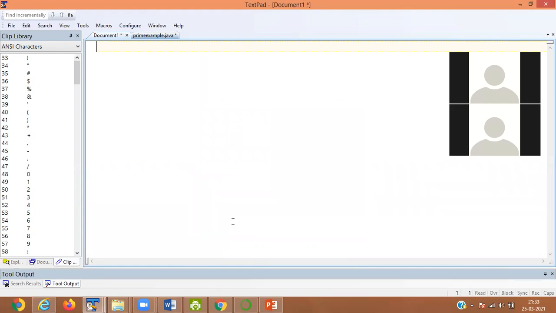Suppose I define a variable a is equals to 10. A till a is less than 10, it is printing you.